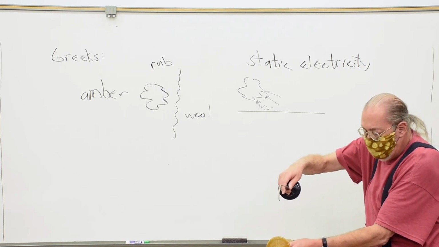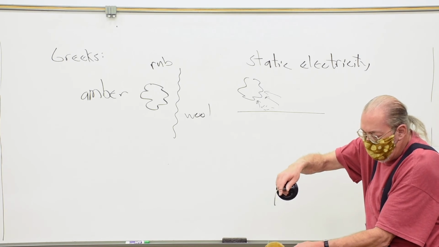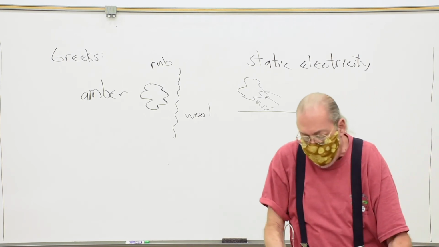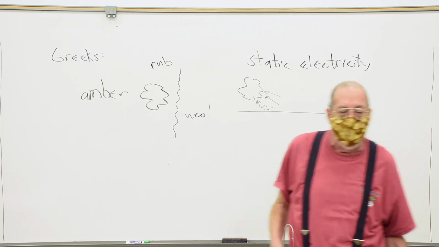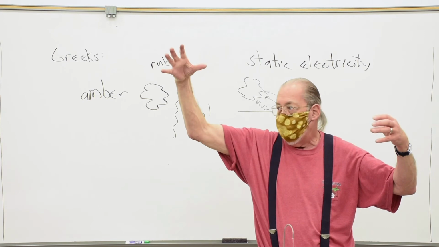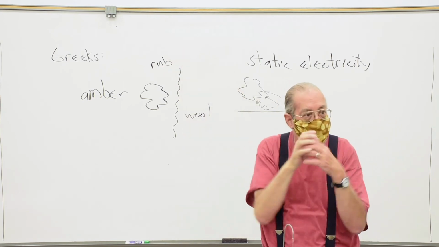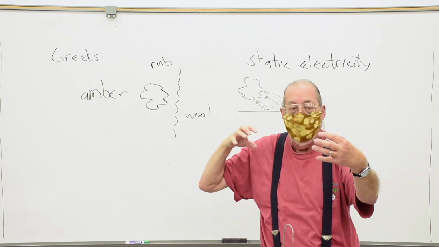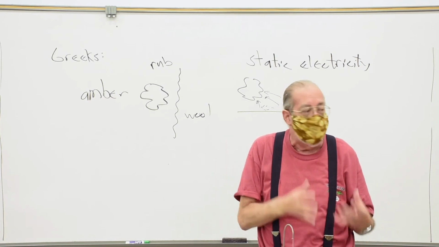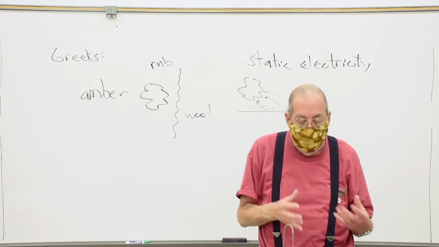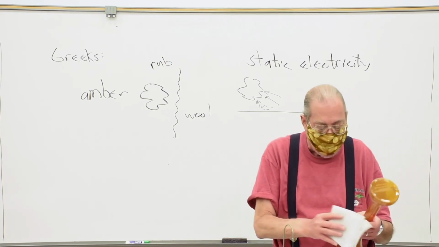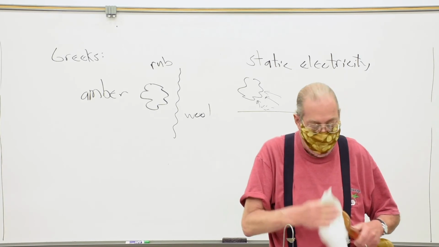If you observe it carefully, they're not behaving like they should. What you find is that first they're drawn towards it and then they're pushed away. And after they touch it, they're pushed away from each other. So rubbing this thing gives it something. And evidently things that have that something repel each other. Okay?